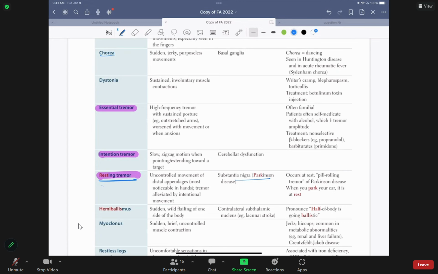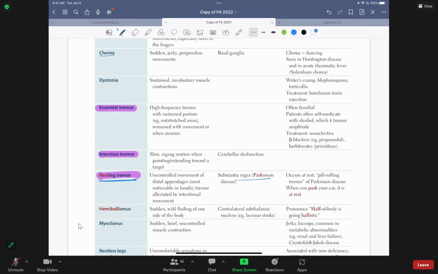It's very bad. These people cannot even eat their own meal. If you've seen severe Parkinson's disease, they cannot even hold anything in their hand. It's really bad. So we call this a resting tremor. Students get confused. When people have a resting tremor, what happens if they try to move something? If they try to do something, does the tremor go away? It does not go away. See, that's where the mistake comes. I thought the same thing when I was a student.